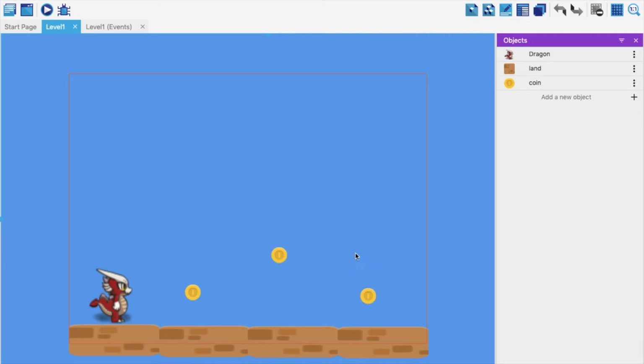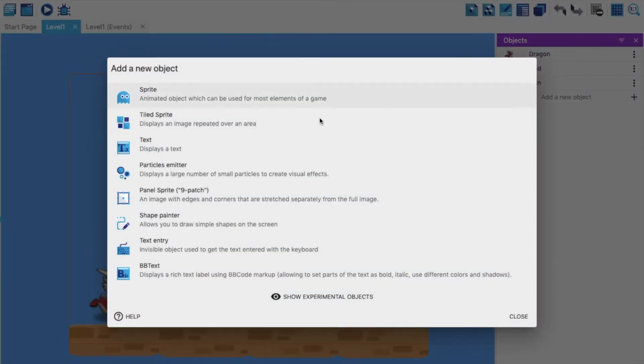To start with, we need to understand one thing, that anything that you add over here is an object. Even the text is an object, and for that you have to click on the plus sign over here. This time we will not take the sprite, we will be taking the text. But now you might be wondering, there are technically two types of text, to be precise. One is text and one is text entry. So don't get confused, guys.